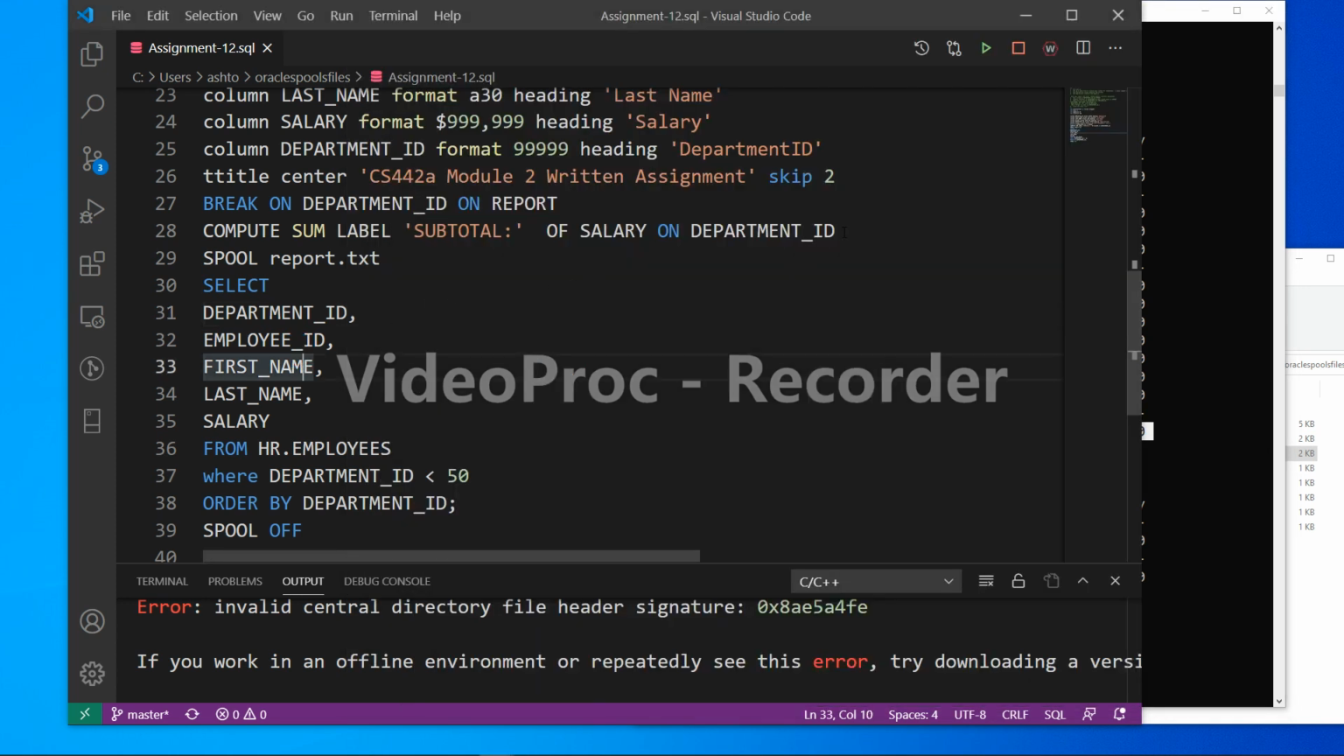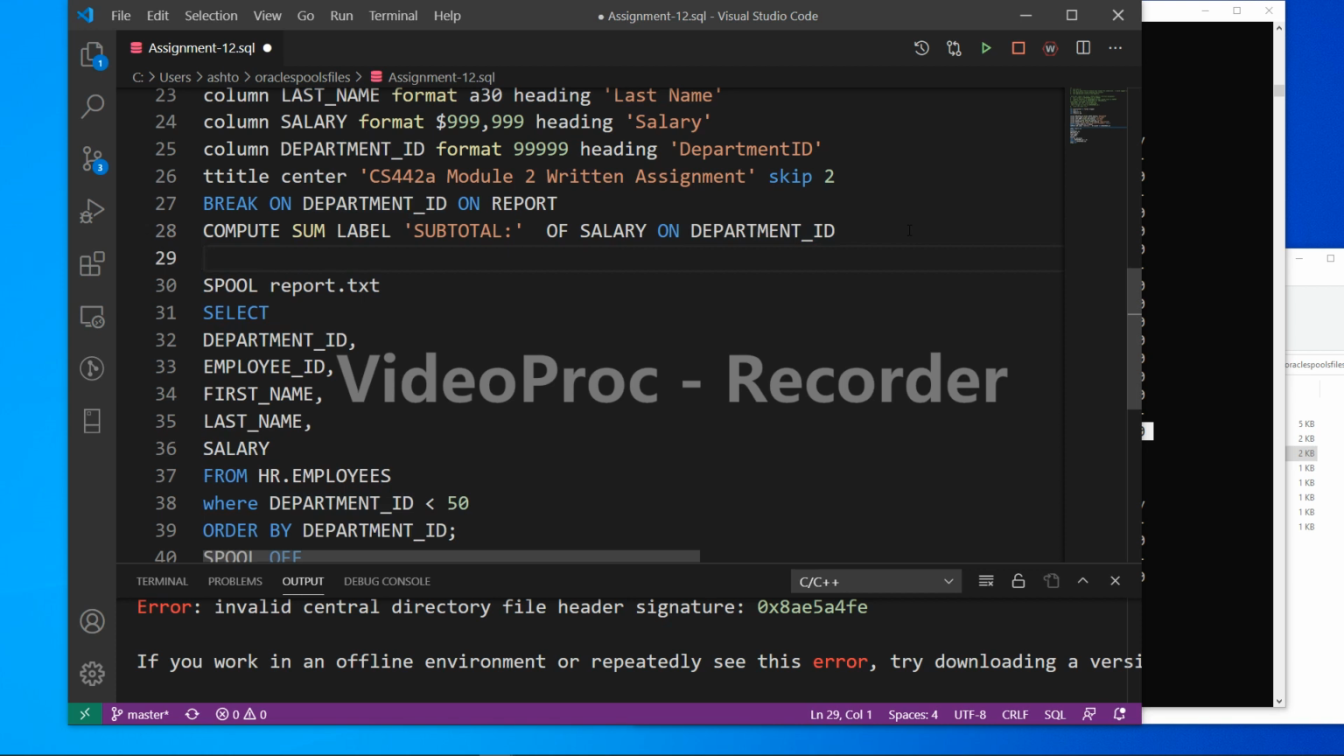Okay, so now let's talk about that grand total. We want the grand total based on what was mentioned. We want the grand total to be on the report, which means it's at the bottom. When we do the on report, this is the report in its entirety. So we're going to do a compute, and we want a sum of the entire report, not just on department, not just using department ID or salary,